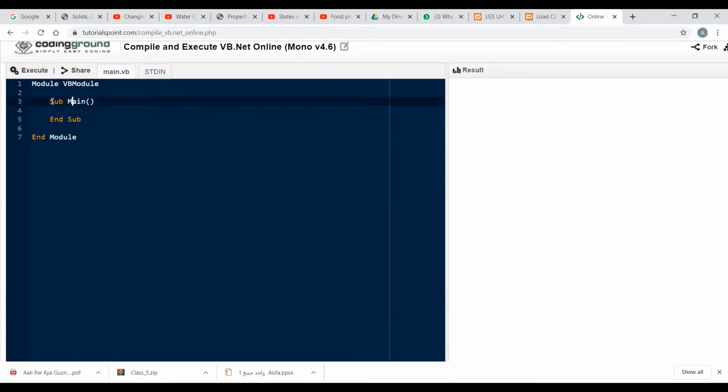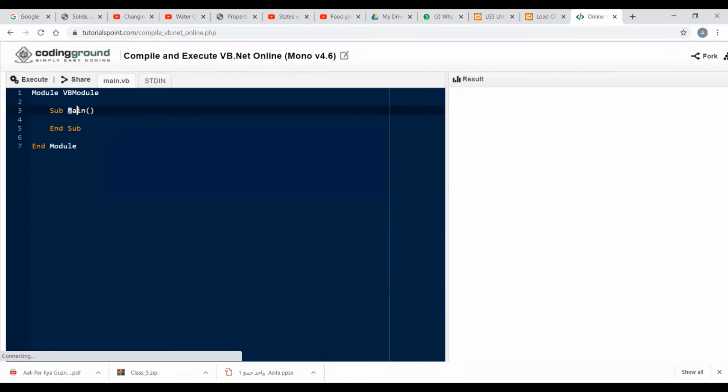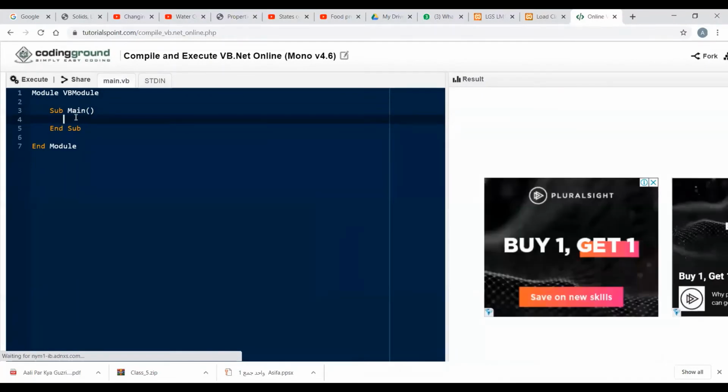In every programming language you get some kind of program that is to be executed first of all. In VB this is the word main. That means the program that is going to be written in this area will be the main program. It will get executed first of all, and then the rest of the code will get executed. So in VB I write word dim